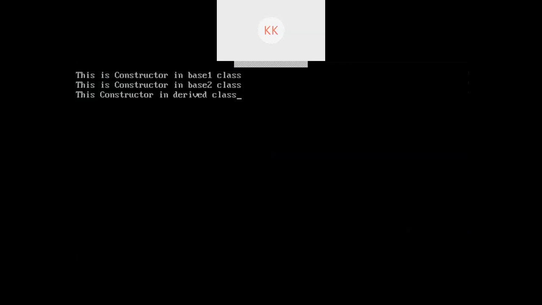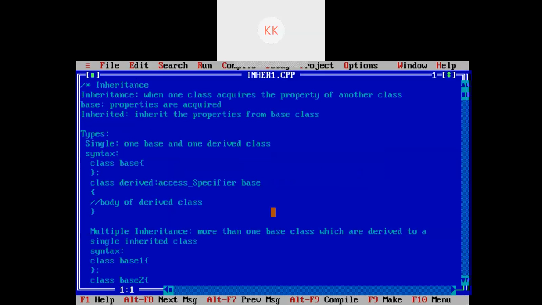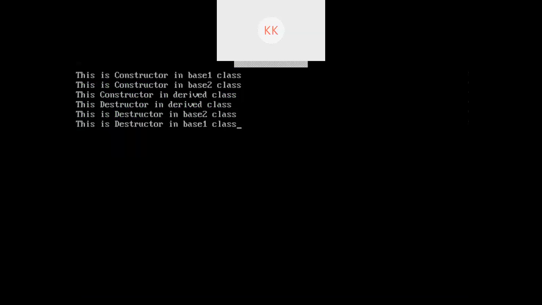F9. So you can see the constructor in base class 1 is called first, then the constructor in base class 2, then the constructor in the derived class. Similarly, for the destructor, first the destructor in the derived class is called, then the destructor in base class 2, then the destructor in base class 1.